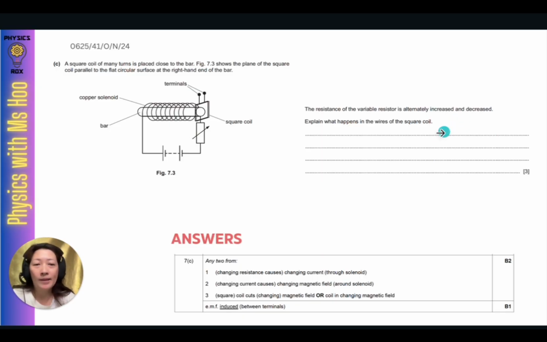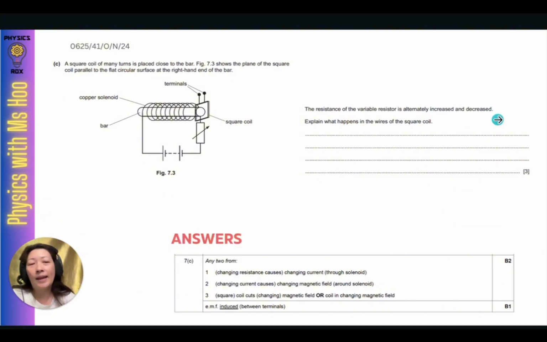Explain what happens in the wires of the square coil. So this is not a transformer, and in fact some students will be like, oh my god, what's going on here? They don't mention transformer, but if you read carefully and you understand what's happening here, you can see that